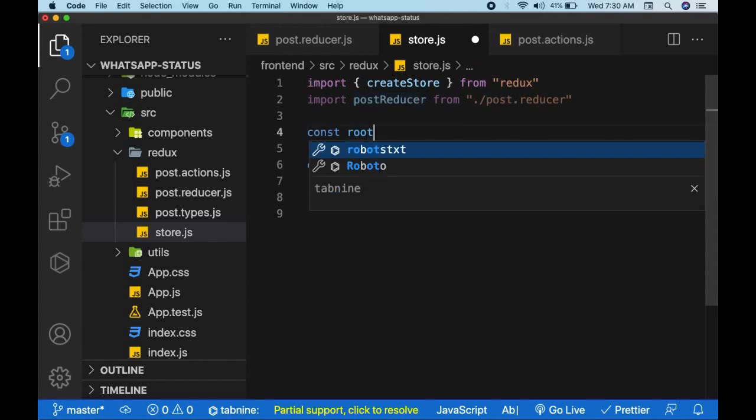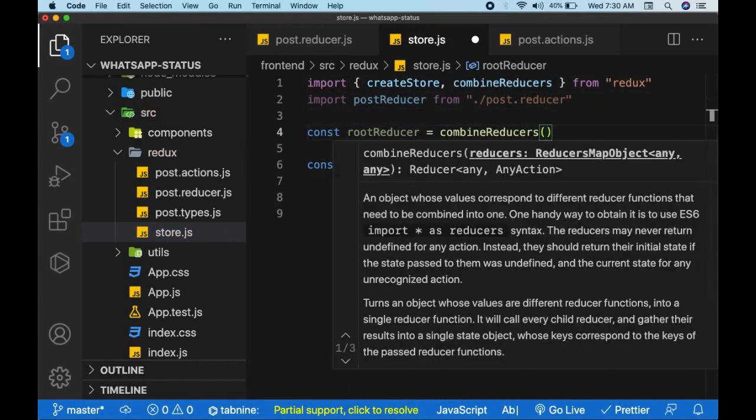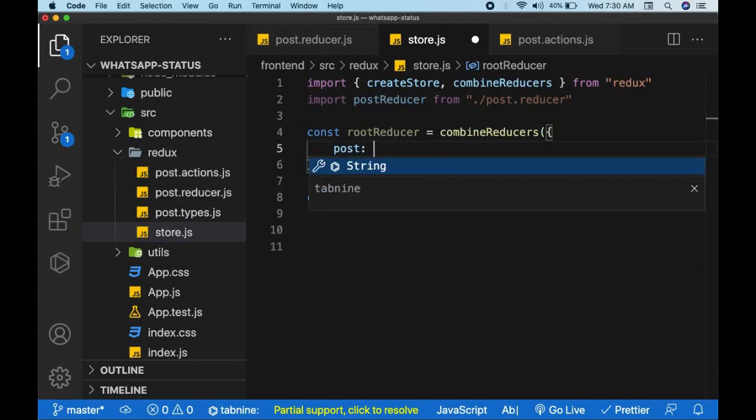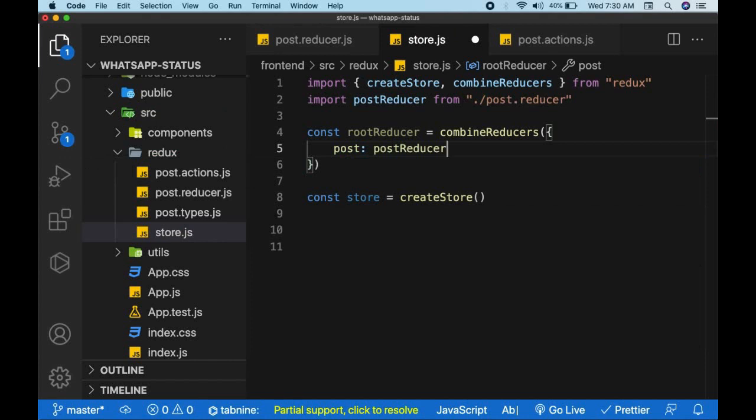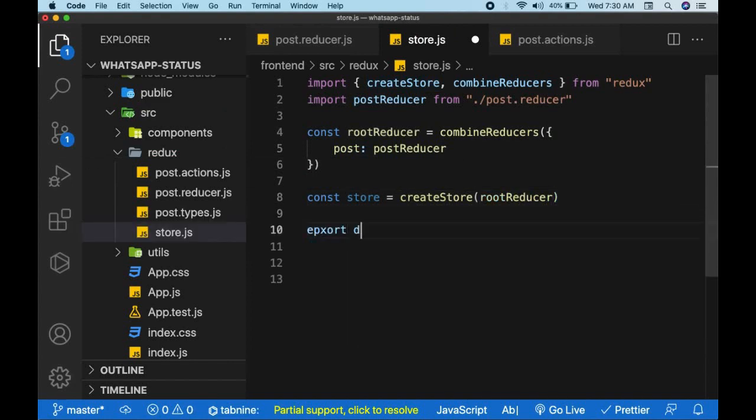So create a rootReducer equals to, we have one more function called combineReducers right here. So we'll say combineReducers, and then here you will pass the reducers object. So here we have post, which will be postReducer, and then just pass the rootReducer here, and now export default store. Now with this store exported, we can import it in our index.js,